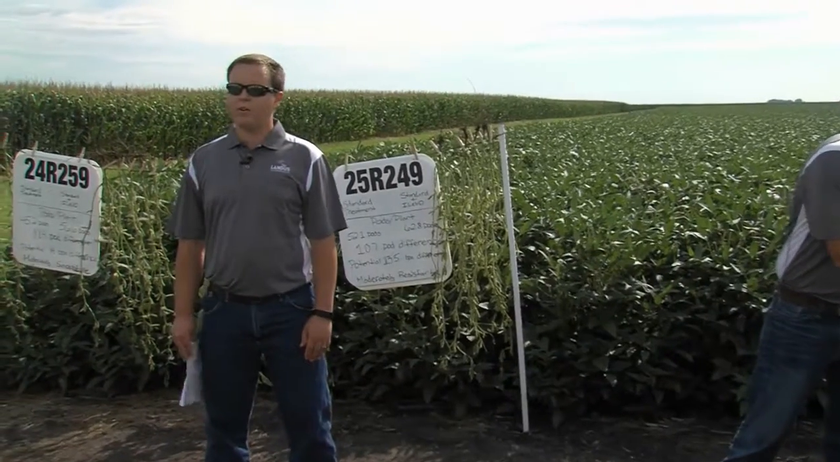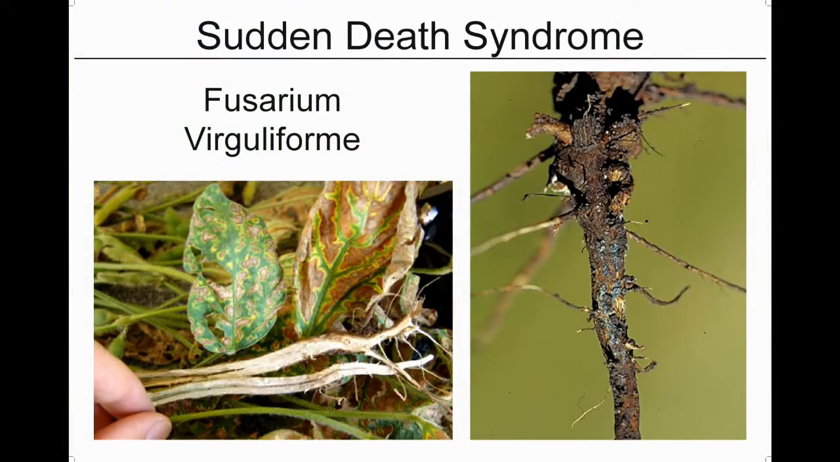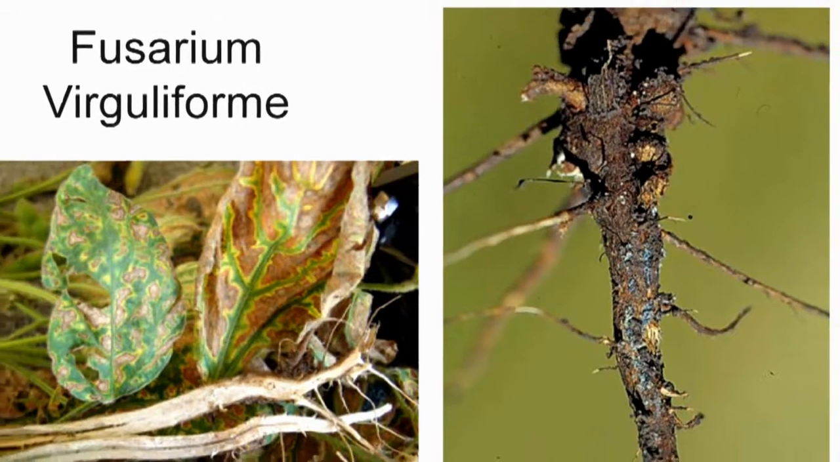Welcome, my name is Matt Lau. I'm the field sales agronomist out of the Perry location, and today I'm going to explain to you what SDS is. Sudden death syndrome is caused by a fungus called Fusarium virguliforme, which infects the roots of soybean plants. On this picture, as you can see, is the blue fungus that is affecting the plants. Symptoms first appear in compacted and wet areas of the field, and soon move to many other areas of the